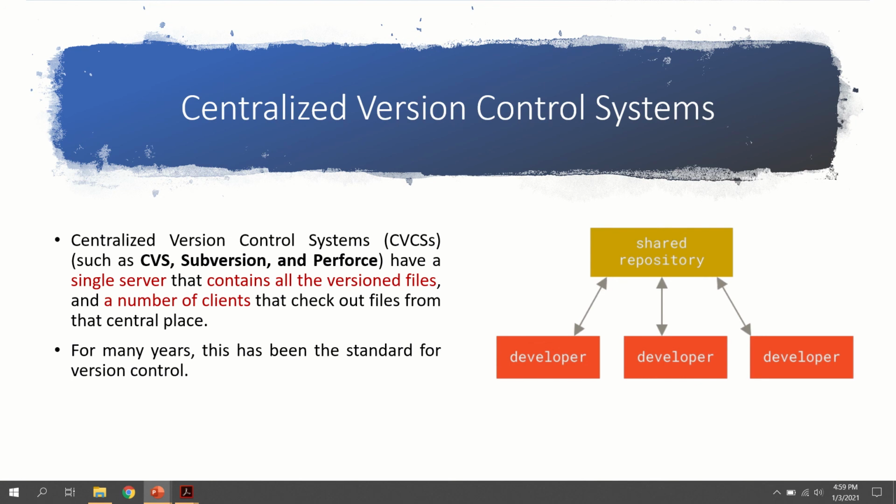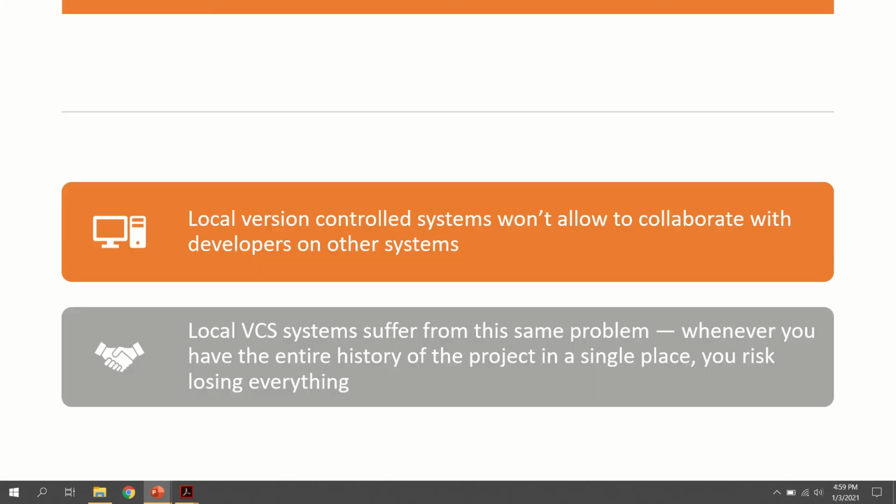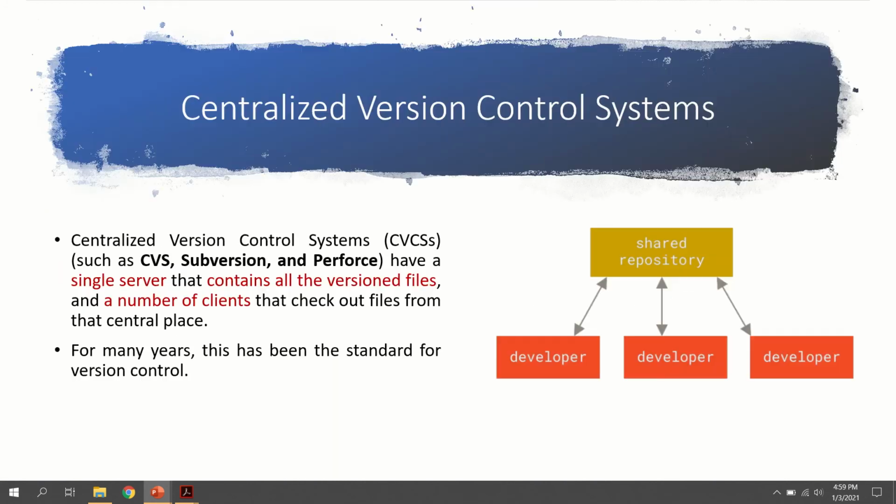So if any question comes to explain the different types of version control system, mainly there are two types. The first one is centralized version control system, and the second one is distributed version control system. Now we are going to explain in detail what a centralized version control system is, and what its advantages and disadvantages are. In the centralized version control system, there will be one main server. It is a client-server type of approach.